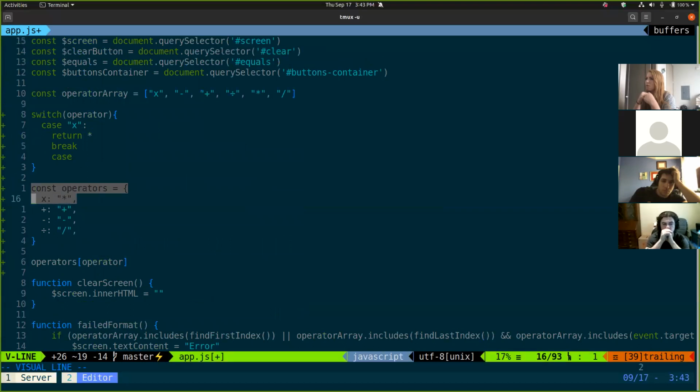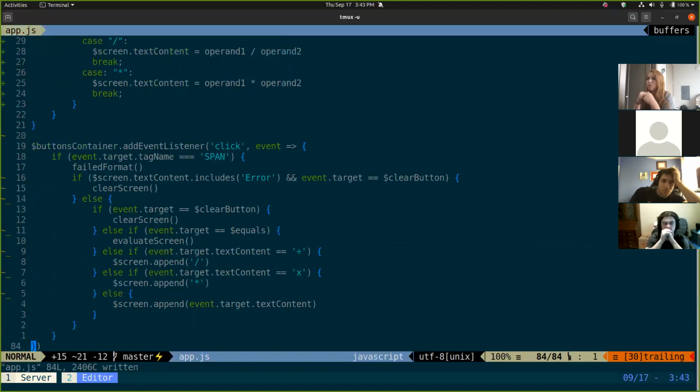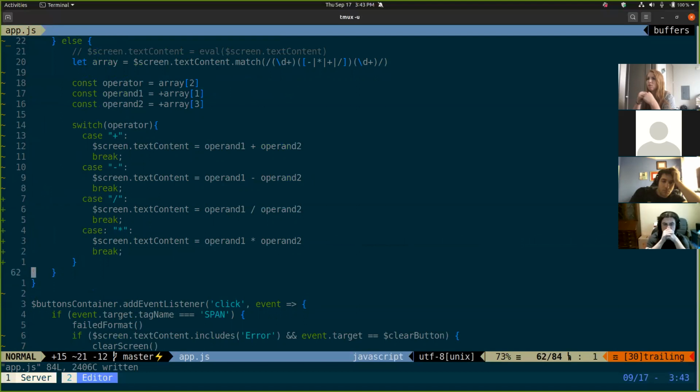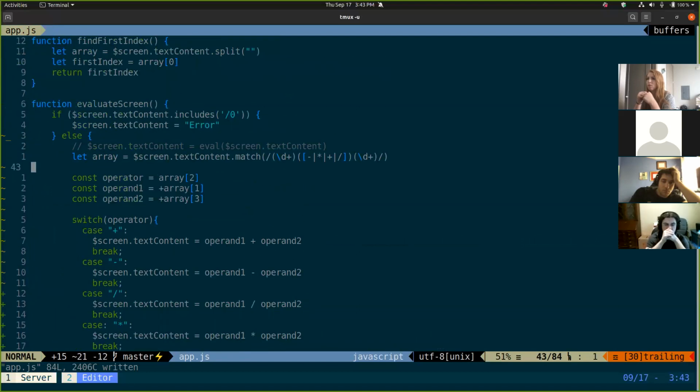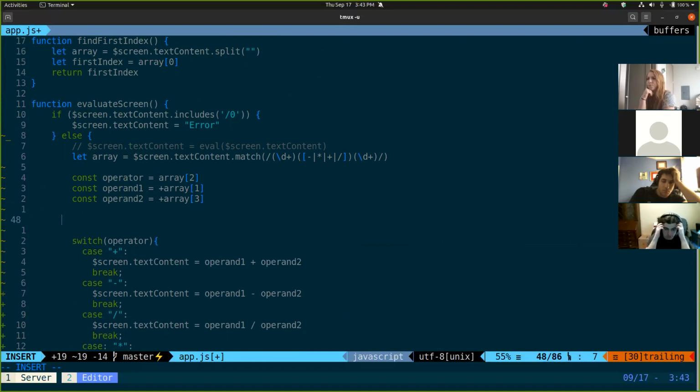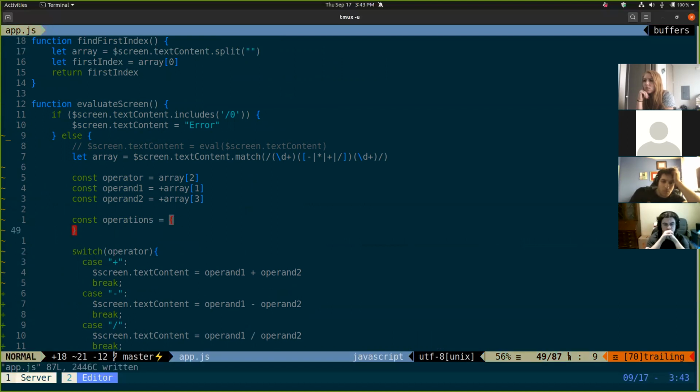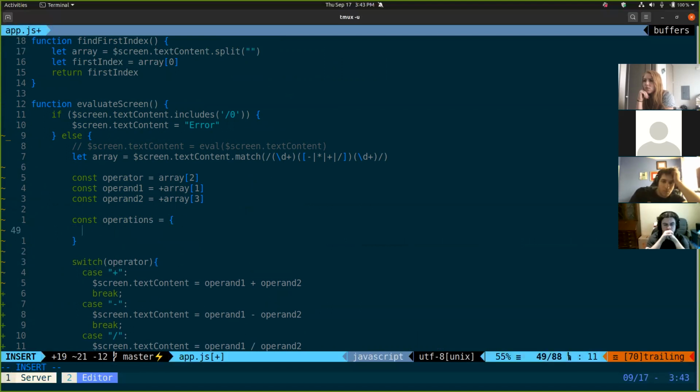So we use a very closely related technique called dynamic dispatch. And it works like this. We make an object. We take our cases for it, and we make them equal to functions. So we could do something like,